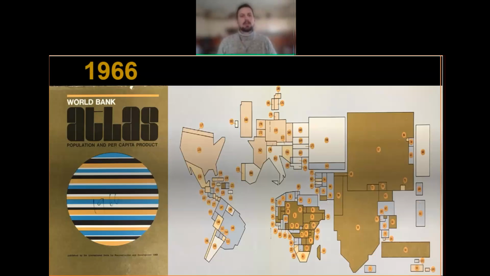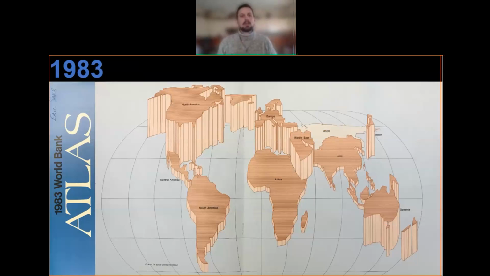So the World Bank has developed various products such as atlases in the past, visual products. So this is one from 1966 that you can see here. And as you can imagine, this was a fairly manual process with a lot of crafts in it, right? Pretty different to the product that we can put together today. This is another example from 1983 here. A few years back,